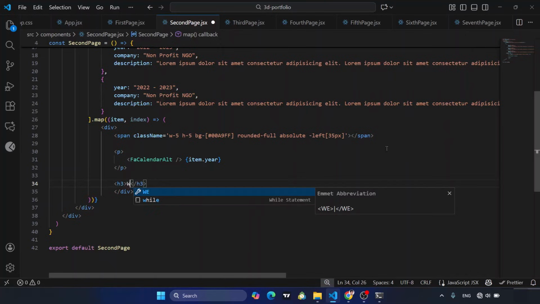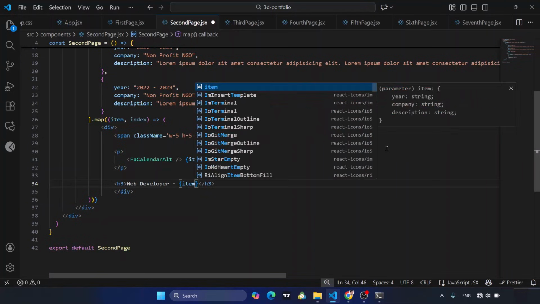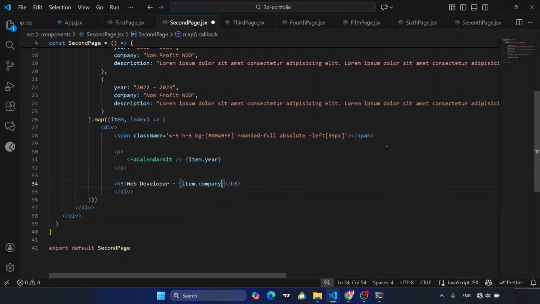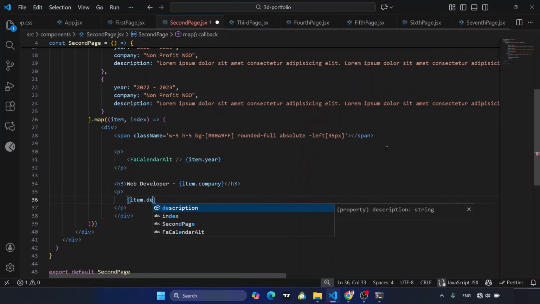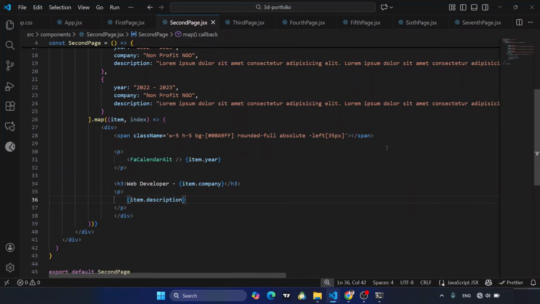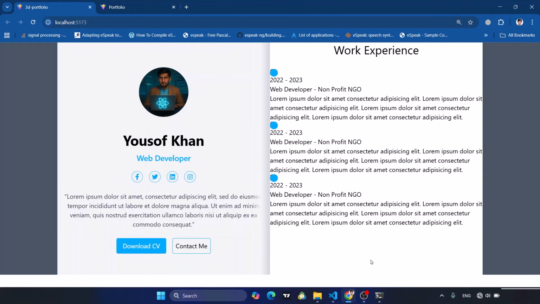For example, web developer, whatever the job is, just write that job, and later here you can mention the company also, item.company. Down from that we will have the item.description, like this. Okay,